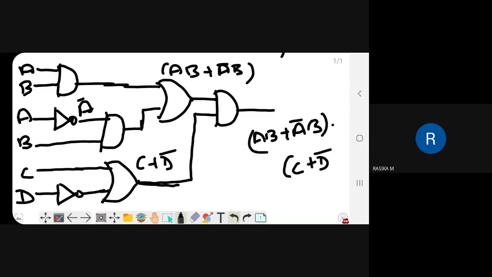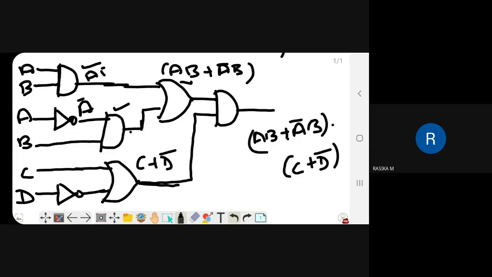Can you understand the diagram, or anybody is having doubt? Because the first two variables are in a product term, we have used an AND gate here. Again, we have A bar B, so we have complemented the input and used the AND gate here. In this term, we will get AB.